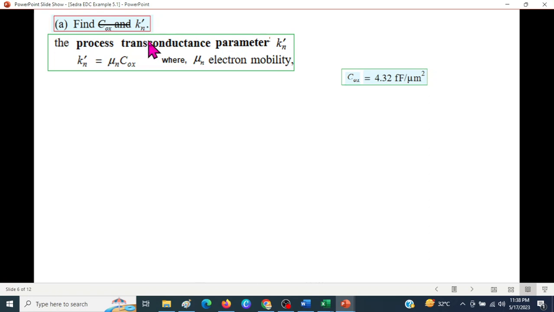Now Kn dash is actually known as the process transconductance parameter, Kn dash, and it is given by this formula. Kn dash is mu n COX, where mu n is the electron mobility. Now if you recall, we had calculated COX already,